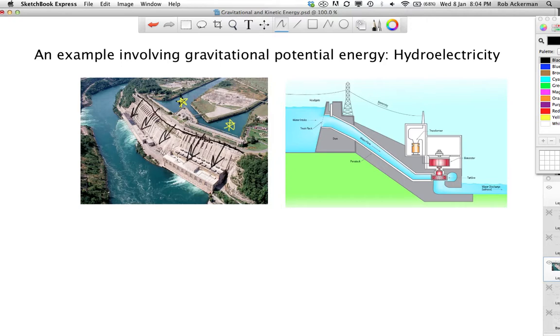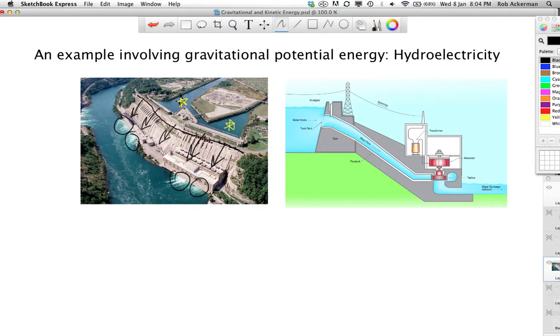So it's really kind of neat that if you're driving on the American side, you get to see the Canadian dam. And if you're on the Canadian side, you get to see the American dam. Both of us are generating electricity. What are we doing? We're letting the water fall down. You can see the water coming out down here, making the